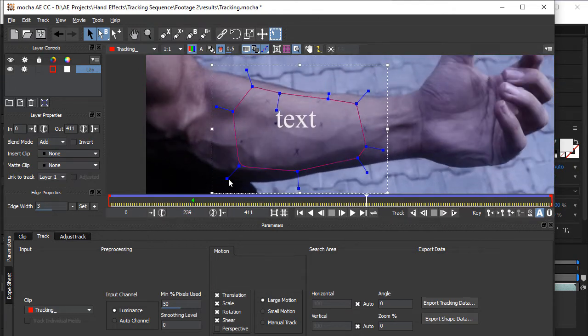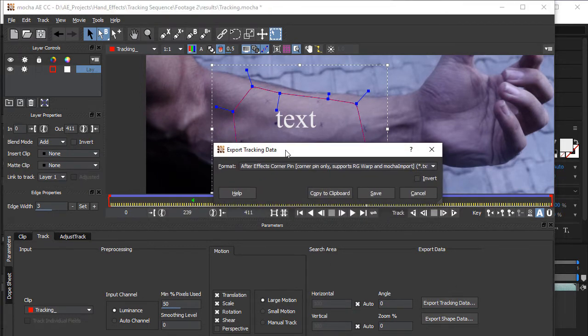Once it's done, you can go to export tracking data, and you can use two options here. You can use the corner pin and you can use the transform. Corner pin is basically a 4-point track, which you can use in cases like if you want to track a phone surface or any flat surface, which I may do a tutorial on later. But in this case, we're going to be using the After Effects transform data, which is basically the position, scale, and rotation. So I'm going to select it and copy to clipboard,